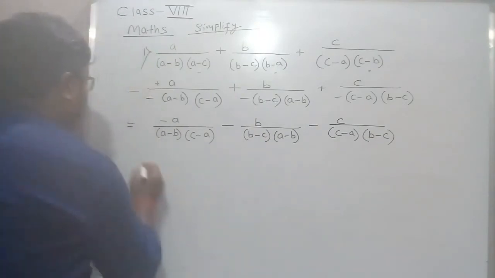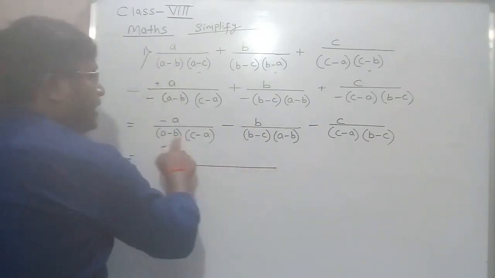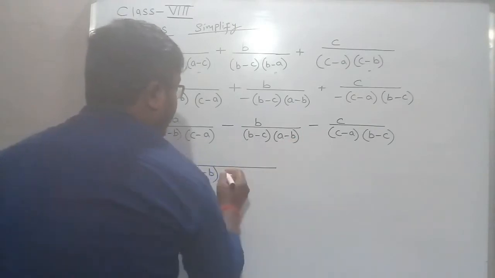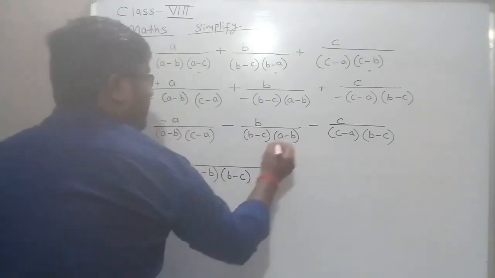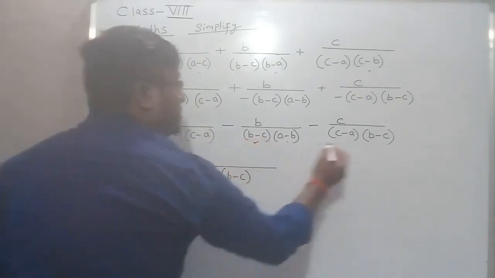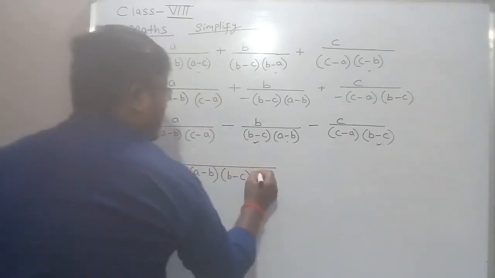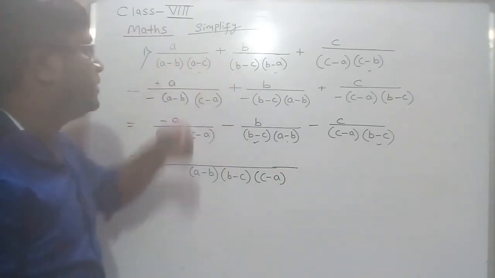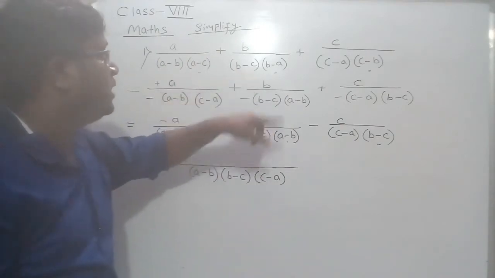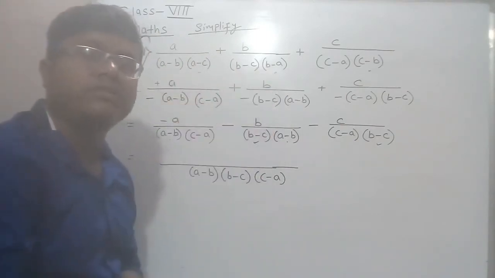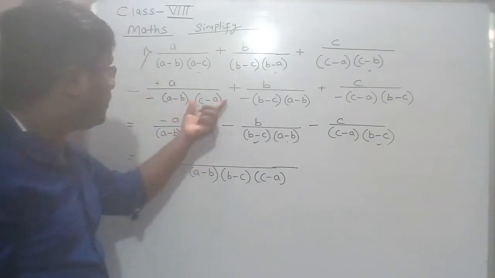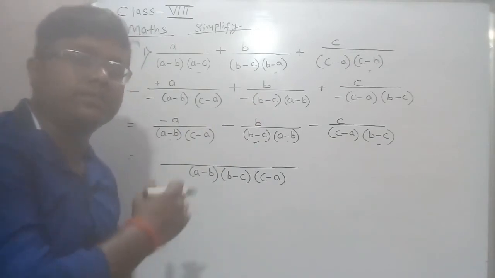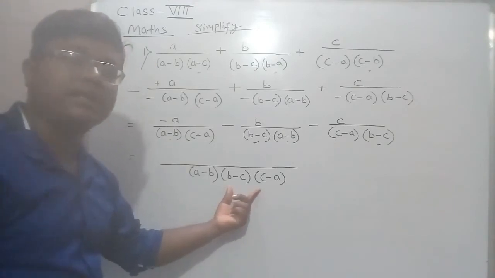So now we need to find the LCM. For the LCM, A minus B, there are two A minus B, so one will be common. B minus C, one we have to take. C minus A, we need to take. If you do not arrange, then all of A minus B, A minus C, B minus C, B minus A you have to take as LCM. Many terms will come, so it will be very difficult in simplifying. So we have to arrange this in one order, cyclic order, like A to B, B to C, C to A. Then it will make it easier to find the LCM.